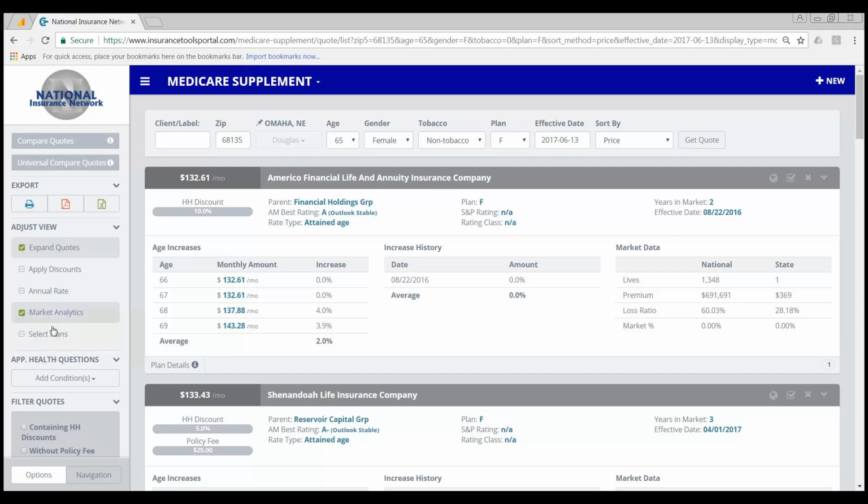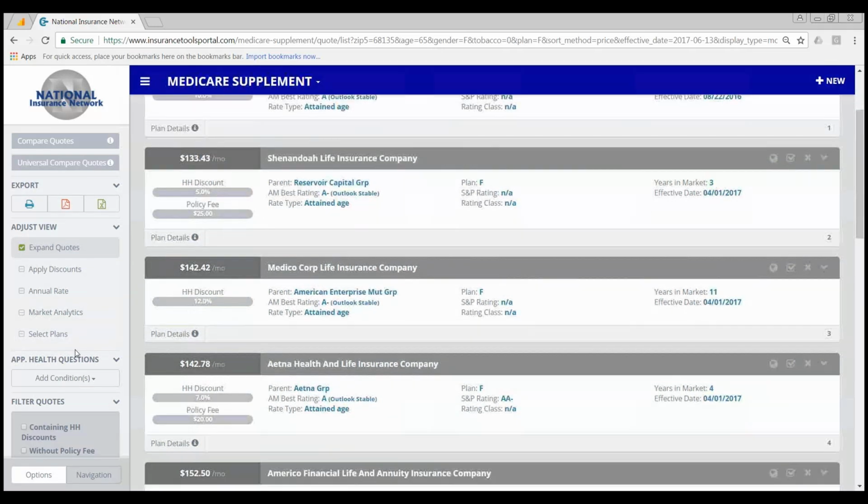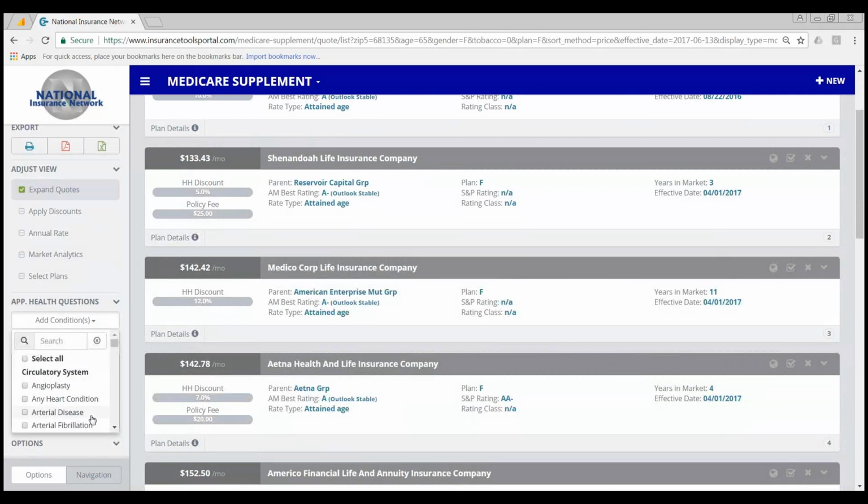And then lastly, select plans. This is if you're dealing with a select area or companies that do offer select options. You can click that select plan on, and it'll be a black label that says select right below the rate. And then lastly, we have the health questions. If you are dealing with somebody outside their open enrollment period, and you do want to be able to provide